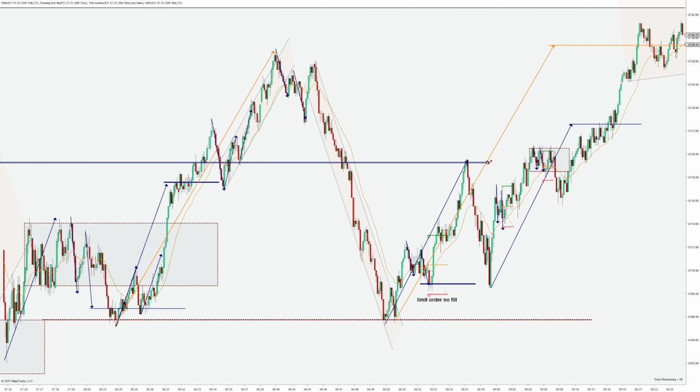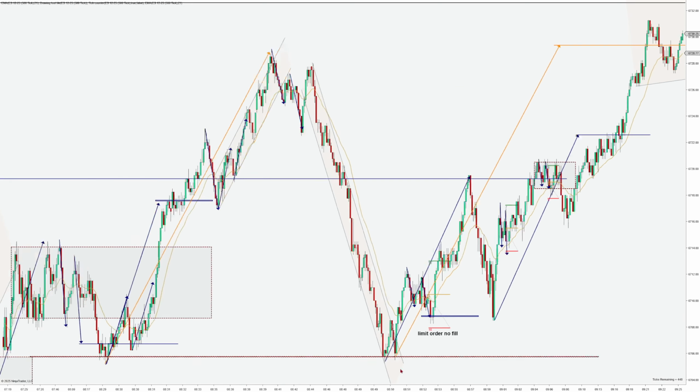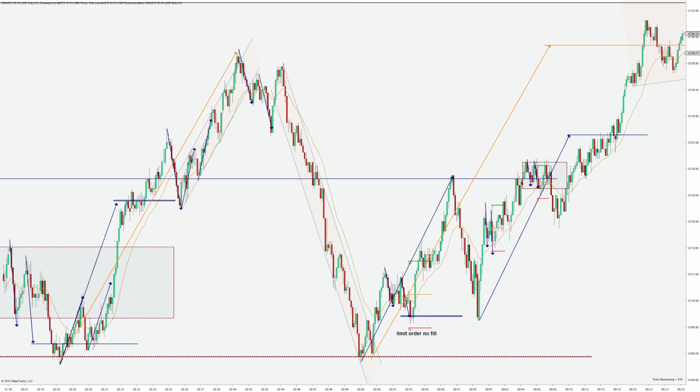And it was kind of iffy. I did enter into it, but it had already gotten above, and it was basically just from a hold on this EMA. It was cutting it, but considering how bullish it was with that measured move in play, I didn't mind entering into it. Overall, it was just so bullish at this point that I wasn't going to let this bother me. If it had rejected it, like say that price rejected it right here and then formed this exact thing, then I wouldn't like it because that's a clear rejection. But since it spiked on through with this up measured move in play,